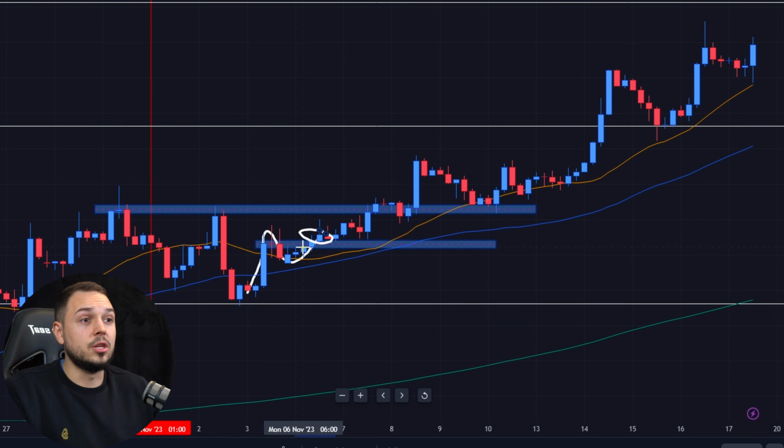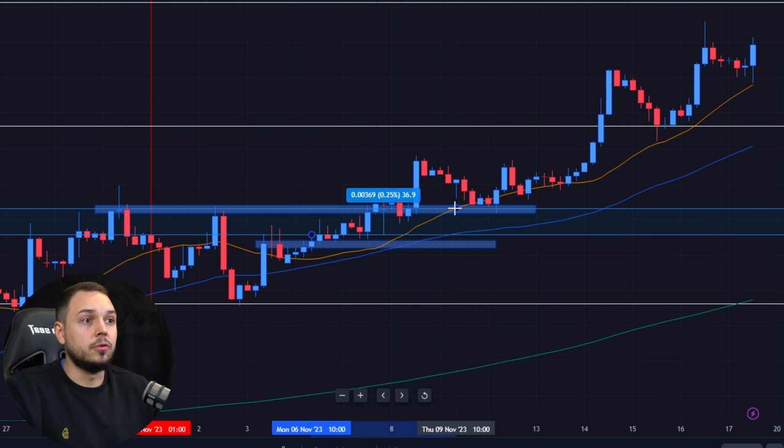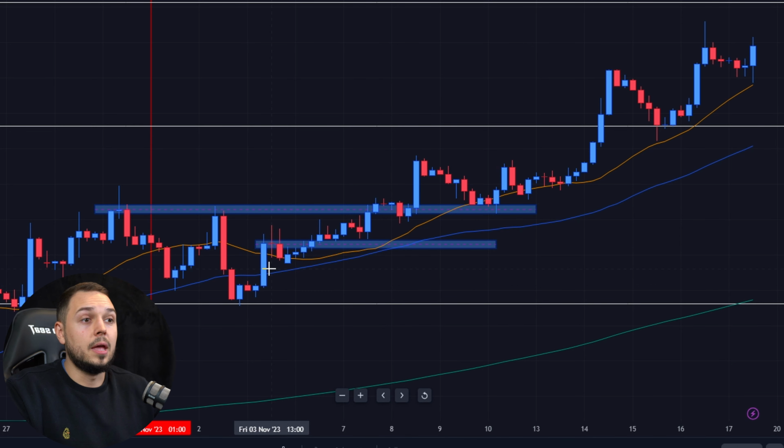You can enter the trade straight away. You can aim for the top, which would be around 36 pips till the next area of resistance. And then again, what happens? A push and exhaustion back to the previous area of sensitivity. Notice where the wicks are. Previous area of support. This was a resistance, now became support, pushes towards the upside, goes down, pushes again, breaks